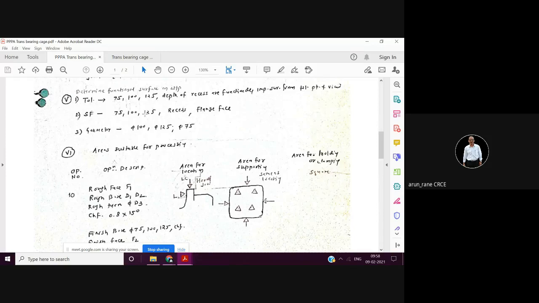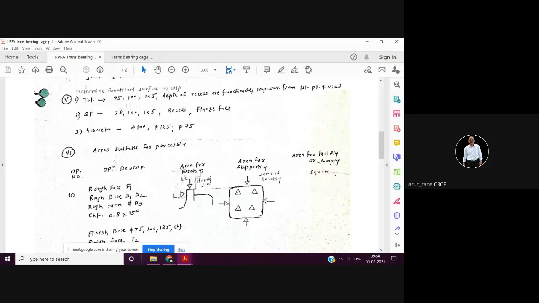See, as a process engineer, tomorrow you will become an entrepreneur, or you will work in an industry. You will come to know that all these steps you have to decide at one go only. Whenever the component drawing comes in your hand, you will think together about which machine to use and what to do. But when you are writing it down, it is not possible to write everything together, so you are breaking it into different steps. So here, determine the functionally important surfaces on the workpiece, based on the tolerances.